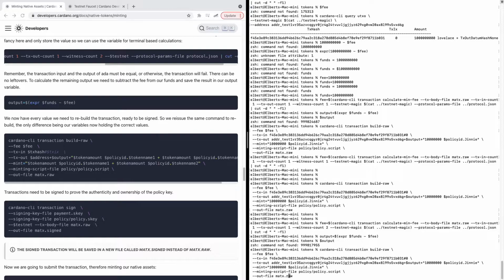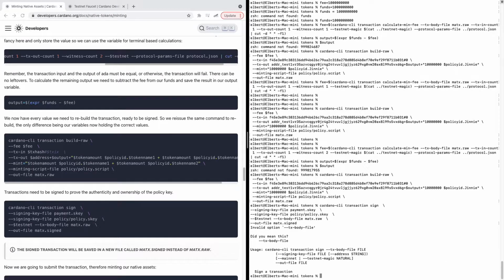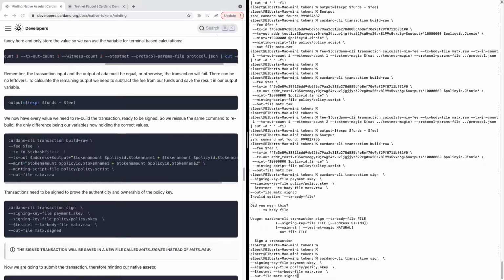Well, the fee is different too, but the output is different as well. So I'm going to do that. Okay, cool. Now we can literally copy and paste this, and that won't work because of the directory,